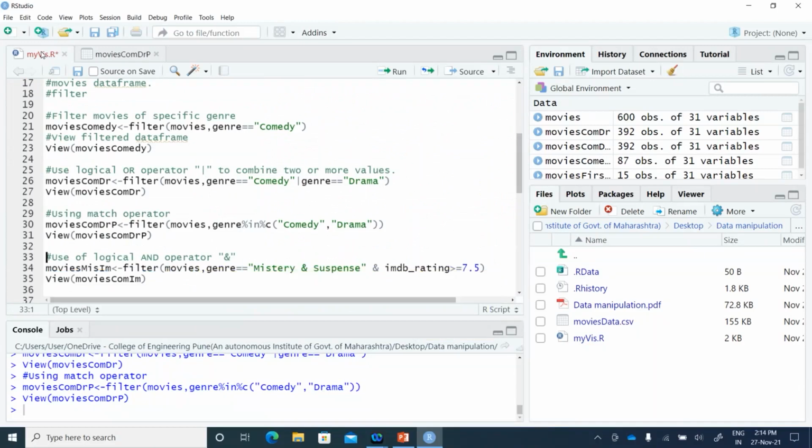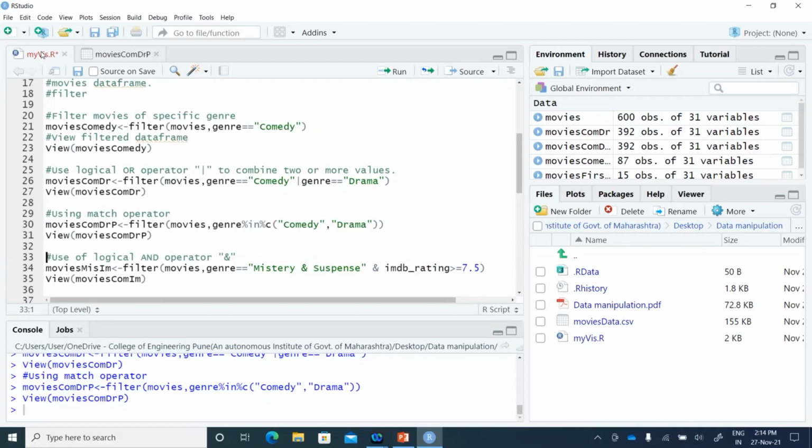As we have done with logical OR, we can check whether we can use the AND operator. Suppose we try to filter the movies with genre mystery and suspense which have the IMDb rating greater than or equal to 7.5.